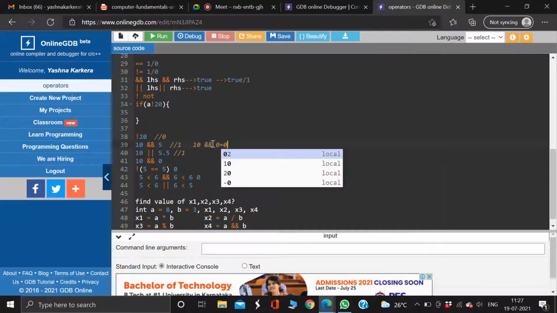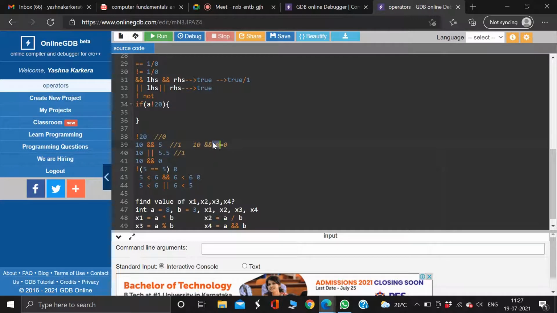Because if I have 0, this means false. Remember that 0 or 1 means false or true. So here I have false, here I have true. I have some value that is true and some value that is false. If I have used the AND operator, what will be my output? False. Yes. If at least one thing is false, then it's going to be false. For example, here 0 is false, so this will be false. I guess this is the answer for this.